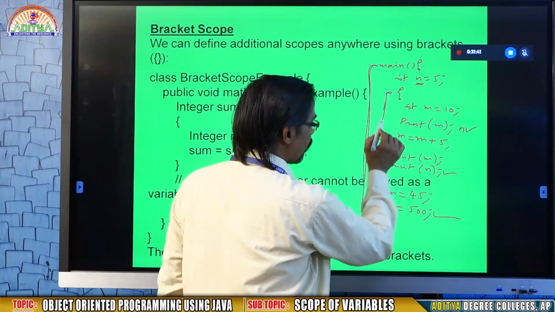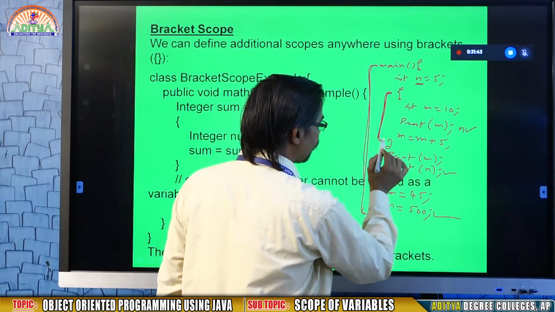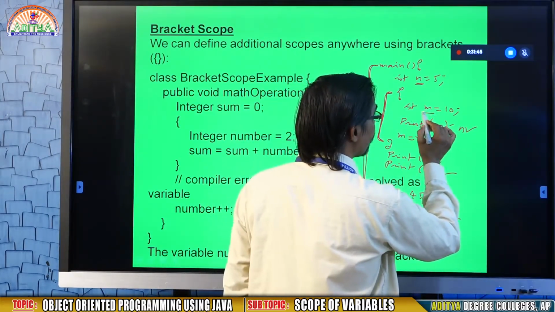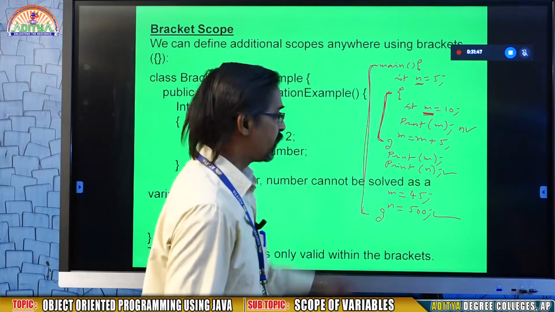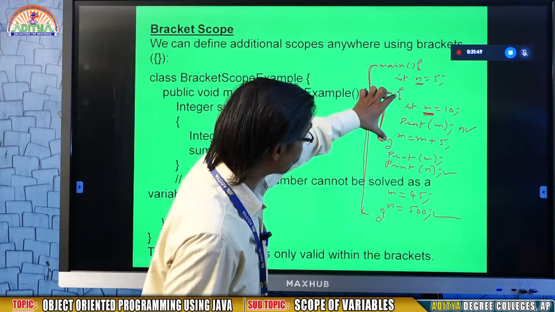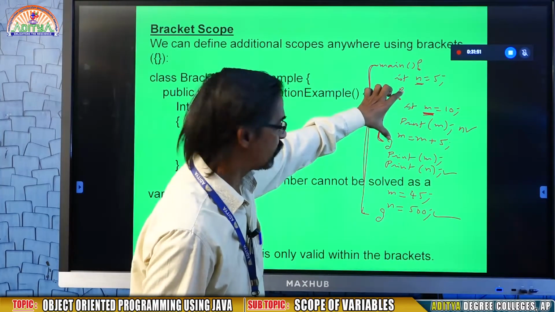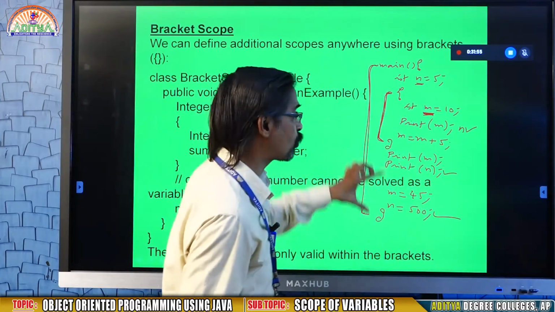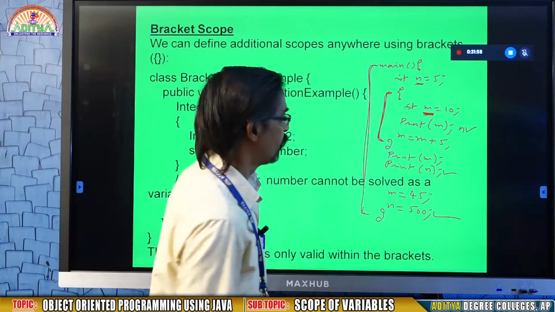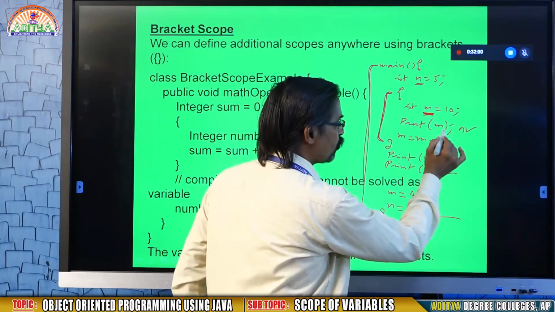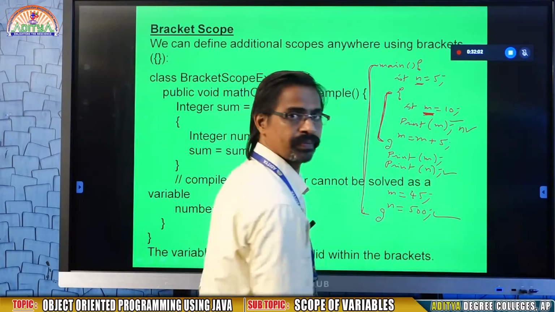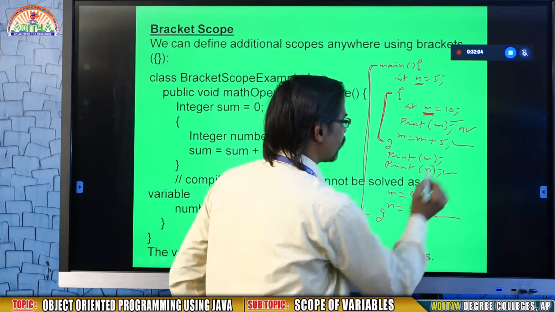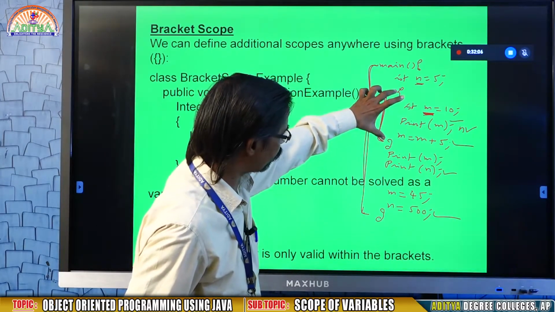But in the additional braces, I defined variable m. Here I declared m within this sub block, so its scope is up to within this sub block only. So now you may use m within this block.